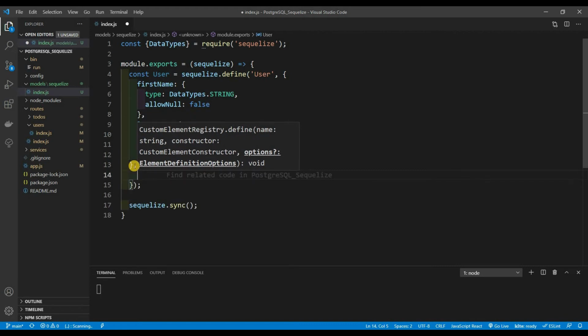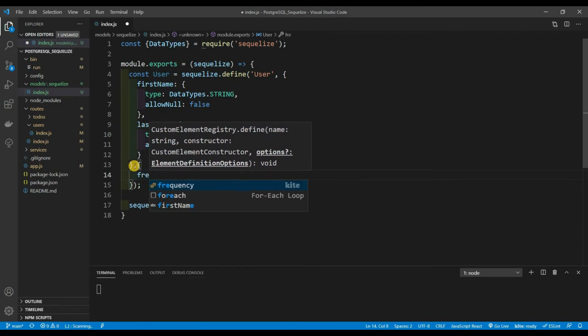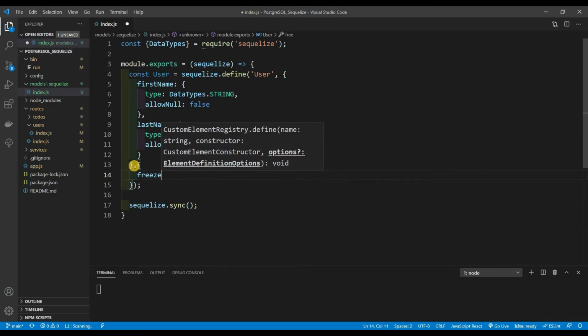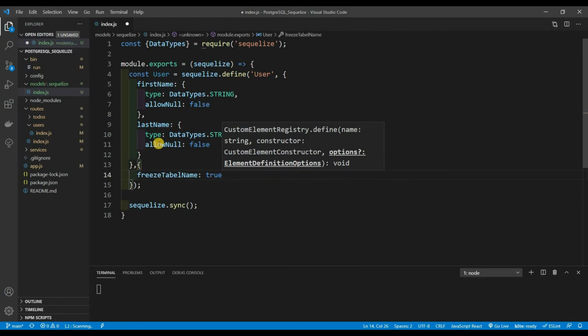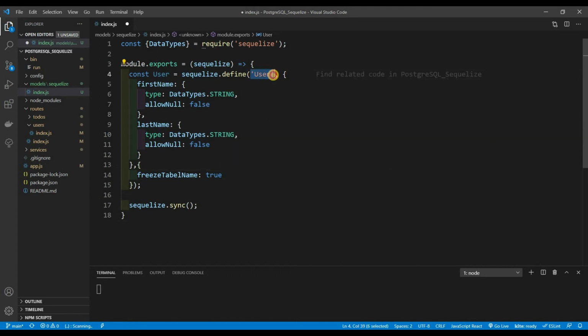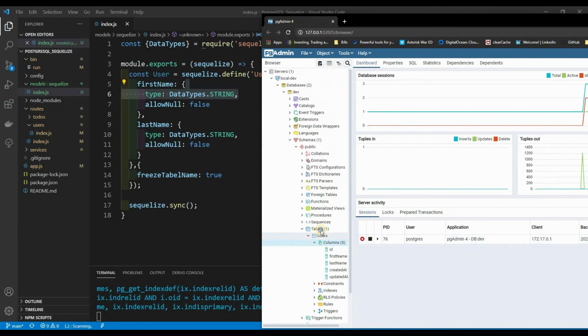So right here, we're going to add in an option, and it's called freeze table name, right? And we're going to set this to true. Now, what this is going to do is literally make our table name the same name as what we defined this model name. So if we define this model as user, it's going to name our table name user. If I save this right now and then over here, refresh,